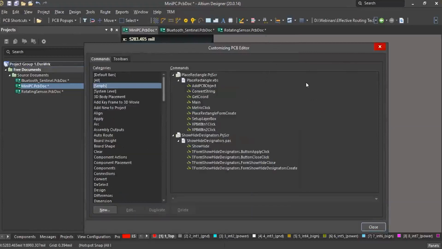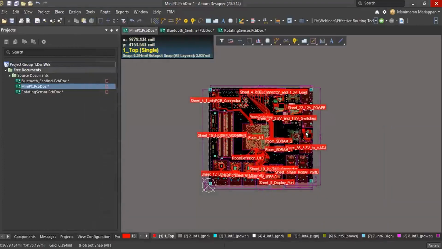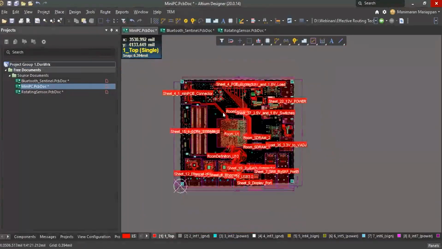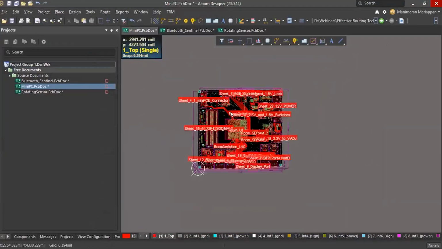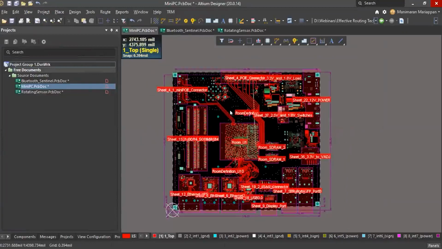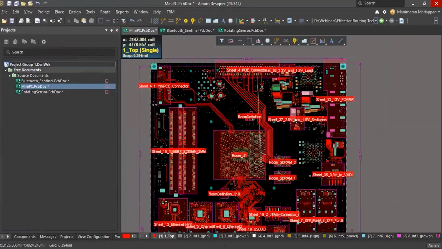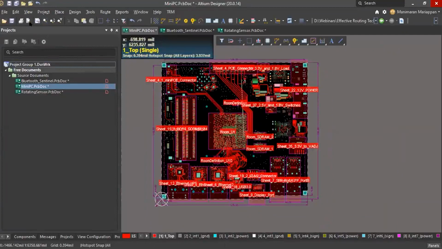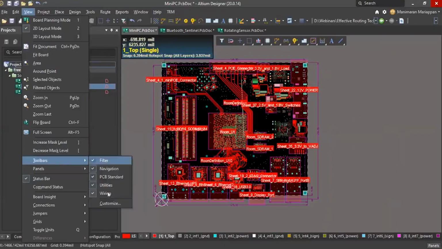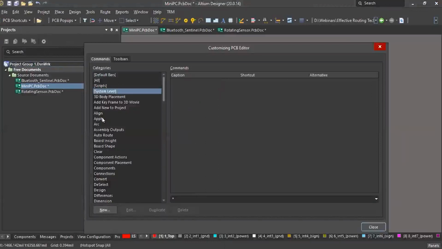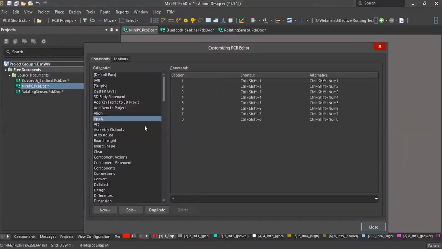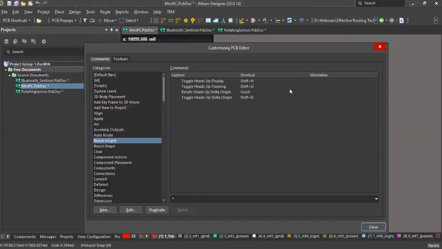Can single alphabets be used, or will it be with the Control or Shift button only? No ma'am, you can use Control, Shift, Alt, all these three buttons, with numbers and letters. Single alphabet can also be used. Where do you go to access that? View, Toolbar, Customize, and you can go to the command and select that. You can edit the command shortcut. Thank you.